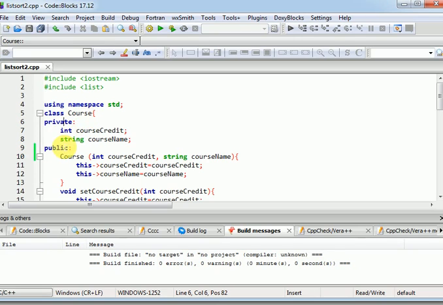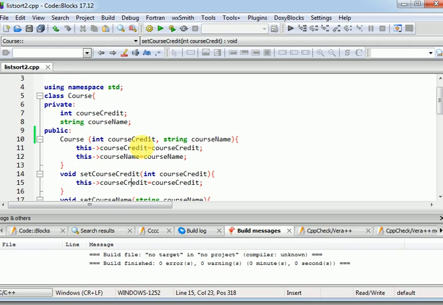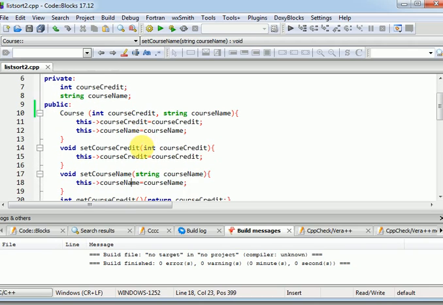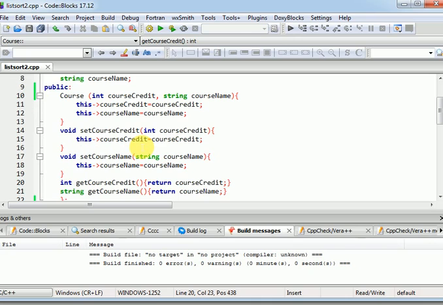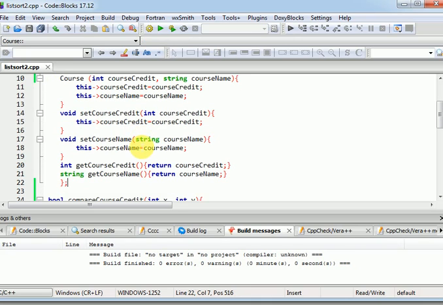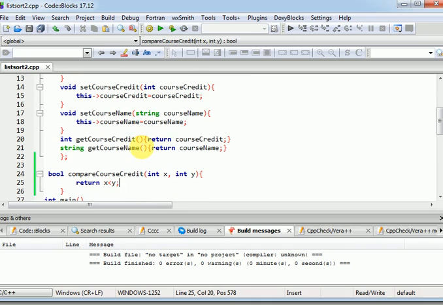There's a private section and a public section. In the private section, course credit and course name are the variables which I am using, and this is my constructor, that is a parameterized constructor. So I have initialized the values. Then I have used getter and setter methods of this class, and now I have created one more method which